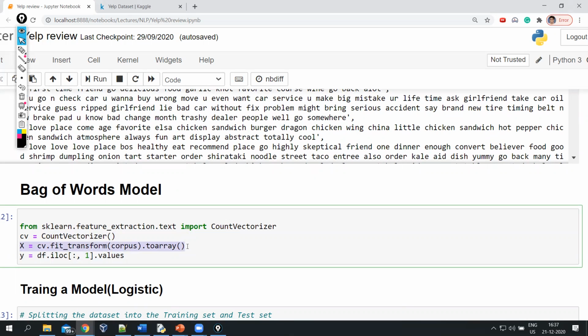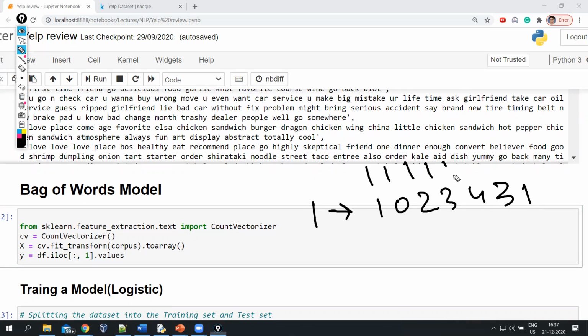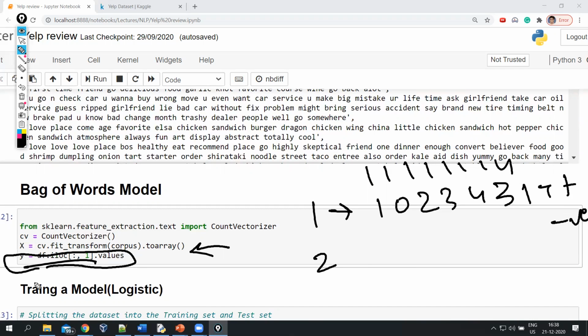This complete corpus, this bag of words, is the same way I explained to you. I will show you at the end how it looks, how you can visualize a bag of words model as well. So it has created a bag of words model, which simply has, first, document one. So it would have some integers, in this way, based on what the unique words are here. Okay, so this is the first document. Second, in this way we have an array here complete in X, and in Y we have whether it is positive or negative. In this way we have X and Y. So this is the code to extract the values for Y.